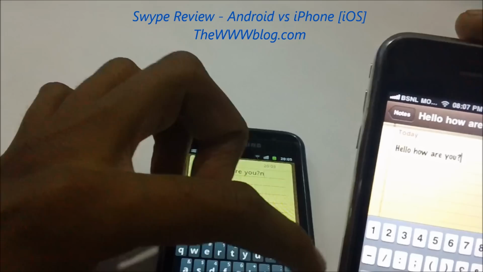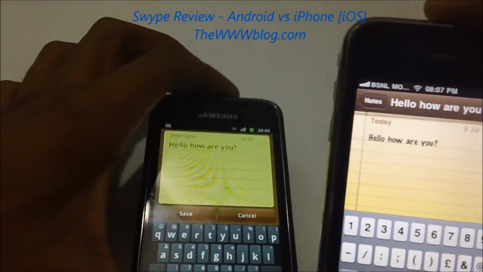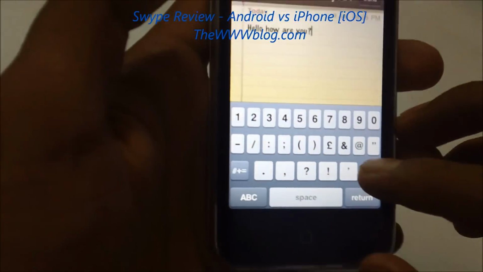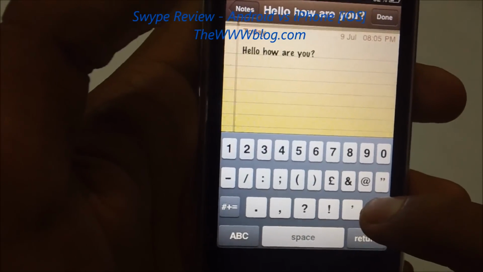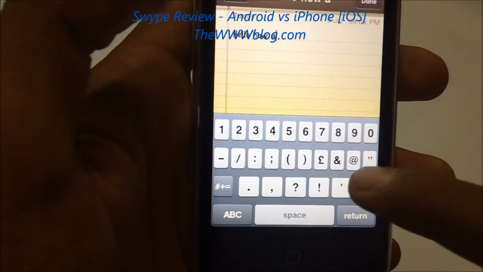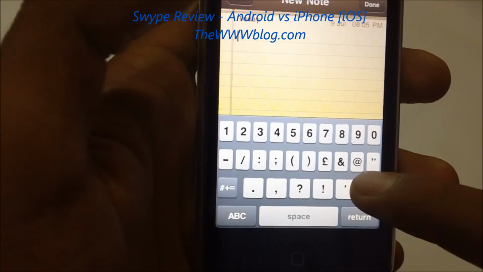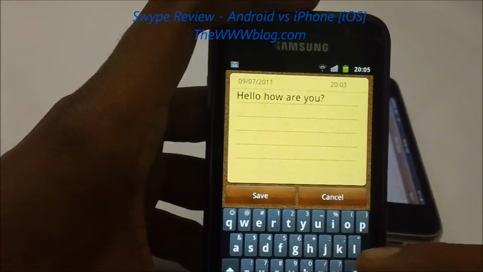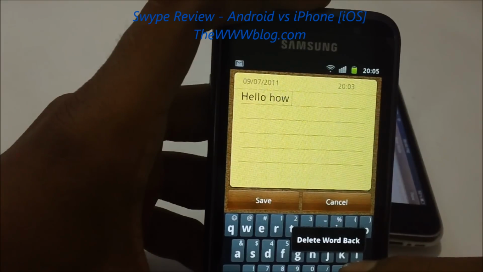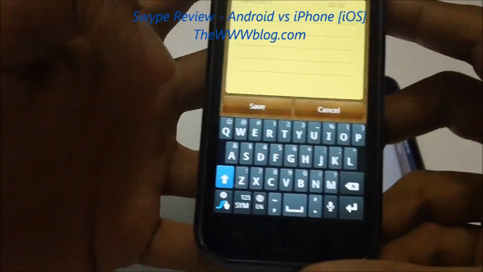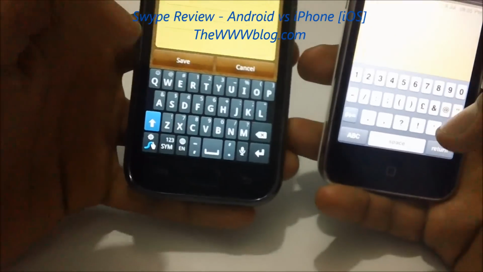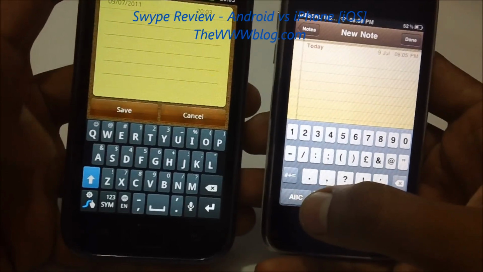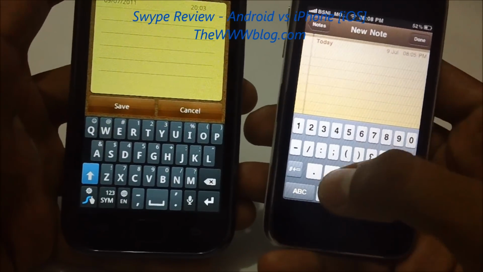So one more difference between both of them is that you don't have a feature to delete the entire word at once. If you press this for long, it won't delete at all. You need to hit it for every letter in this way. But in the swipe of Android, just long press the backspace button and you will see the entire words being deleted. And in the keyboard of iOS, you don't have any swipe options and any option to open the swipe tips. It's just the normal keyboard.